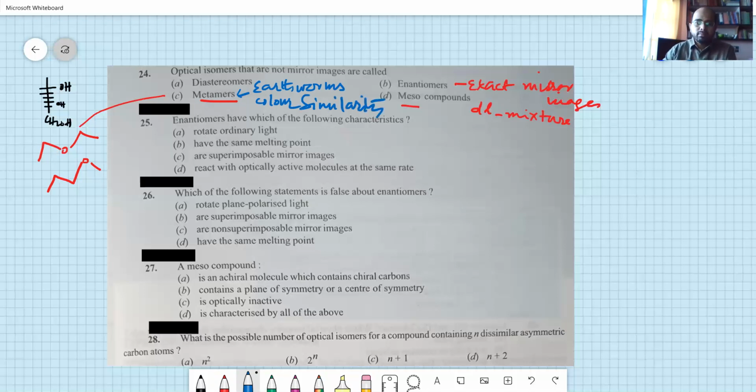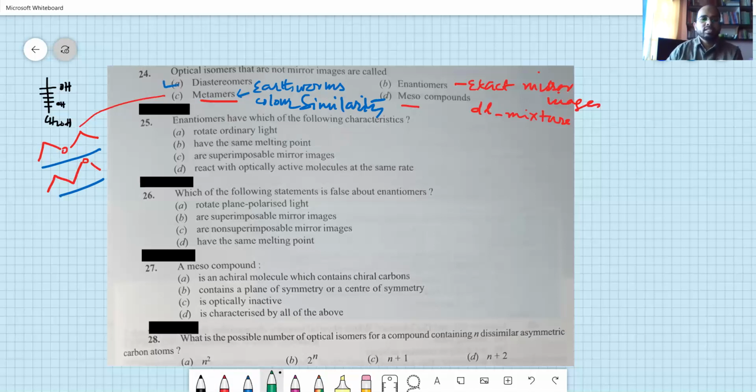That is, in the MSc classes, you will be taking Nessler's tubes in which we will put a solution. That is a nickel or copper solution of a particular concentration, and then the unknown solution that will be given will also have the same color, and you will make different dilutions. If you compare, you can just write out which concentration is giving similar colors. So metamers, for science students, they should know 3 types, 3 definitions, but for us this will be important, where the number of carbon atoms on the other side of the central atom is different. So the answer is diastereoisomers.